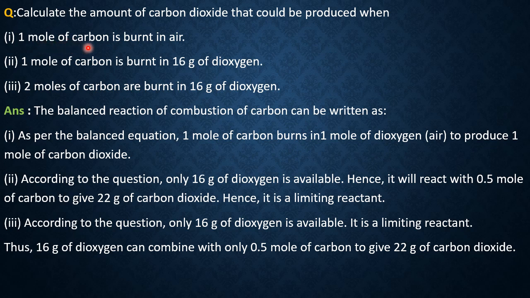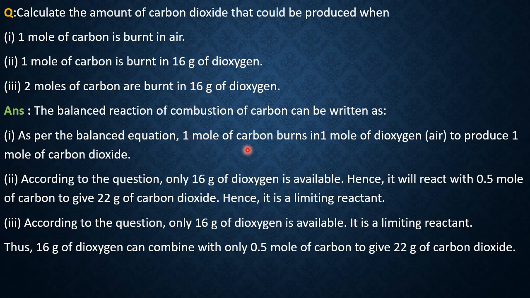That is 1 mole of CO2. What is 1 mole of CO2? 1 mole of CO2 equal to gram molecular mass of CO2. So CO2 is made up of C plus 2O. 1 C equal to 12, 2O equal to 16 plus 16, 32, totally 44. So when 1 mole of carbon is burnt, it takes 1 mole of O2 only to form 1 mole of CO2, which is equal to 44 grams. So 1 mole of carbon dioxide forms.